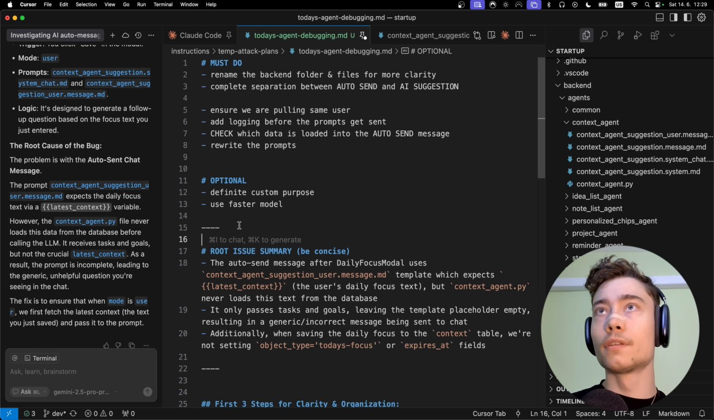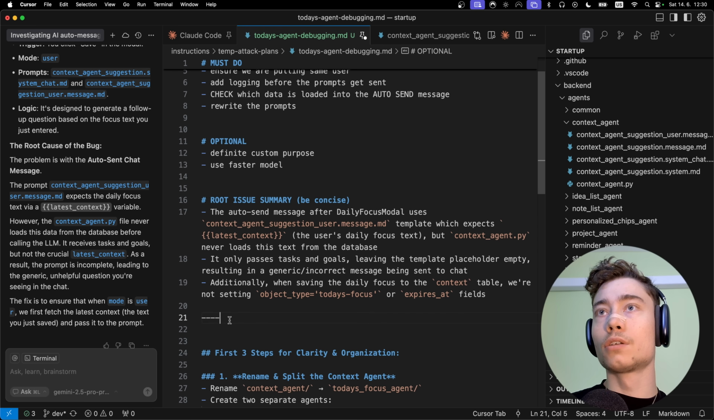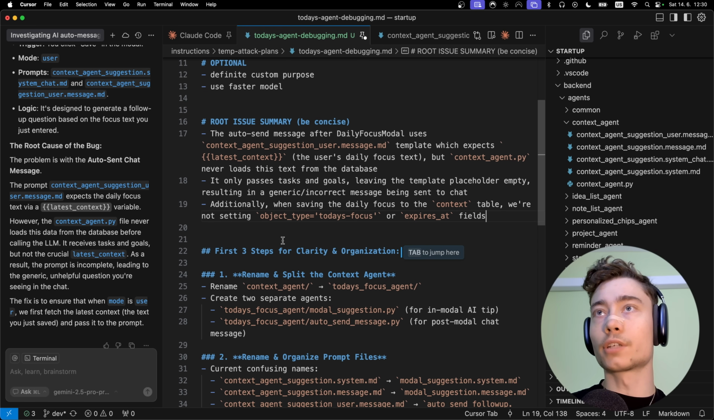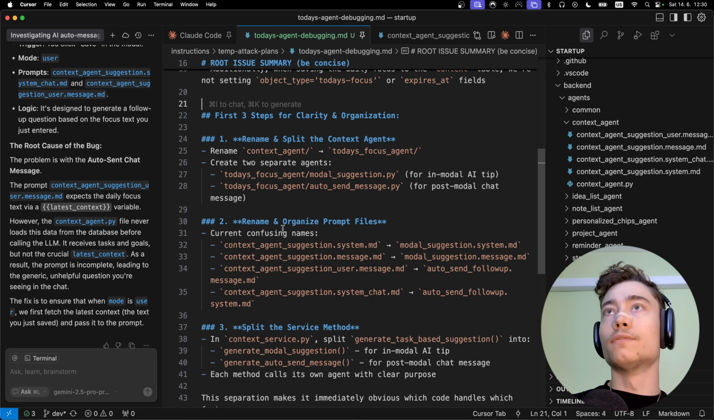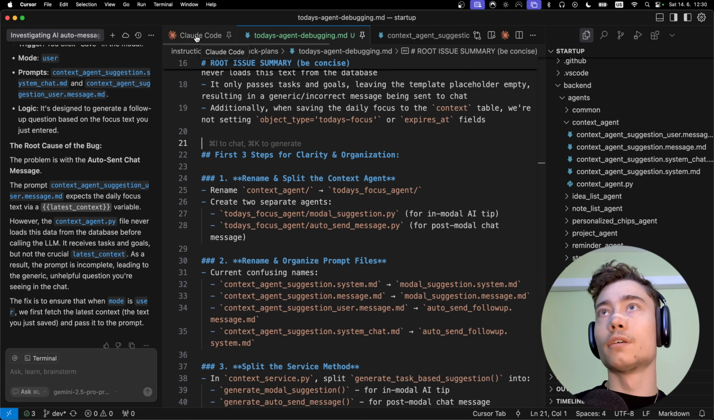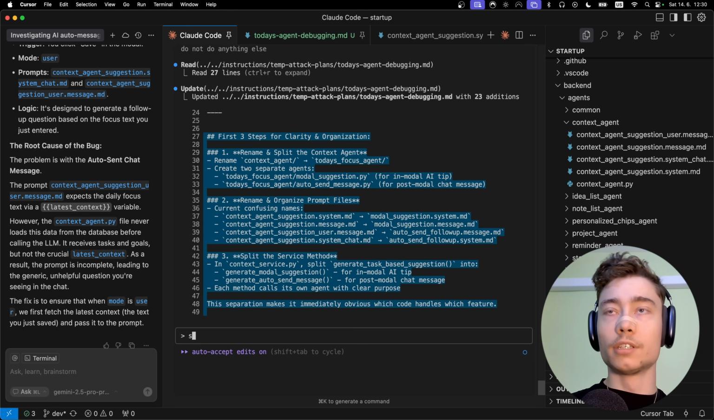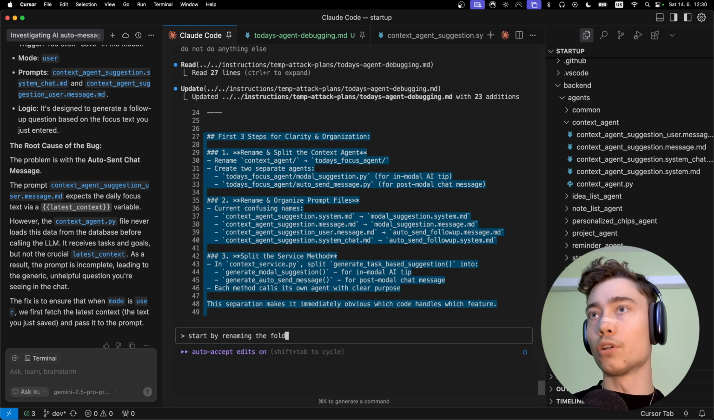Okay. Root issue summary. First 3 steps to create the organization. Very nice. So yeah, let's start with the folder. Start by renaming the folder